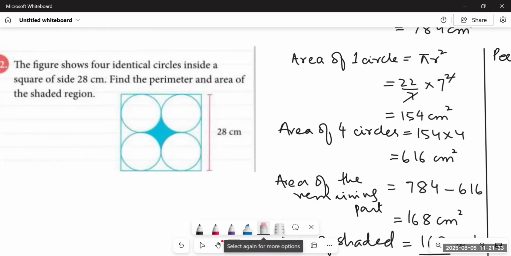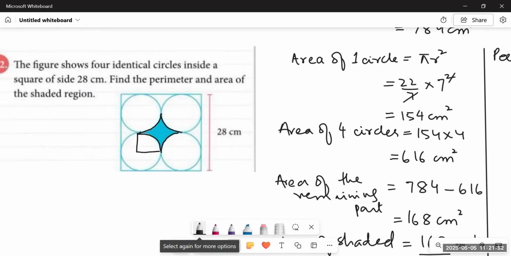If we talk about the shaded parts, we will find that these shaded parts are a quarter of a circle, right? Perimeter means the sum of all the outer sides only, okay? And if we look at these 4 parts, each of the part is a quarter circle, right? It means we have to find out the perimeter of a quarter circle. And there are 4 quarter circles that are included in it. So basically we have to find out the perimeter of a whole circle. That's all students we have to do to find out the perimeter. So how can we find it out?